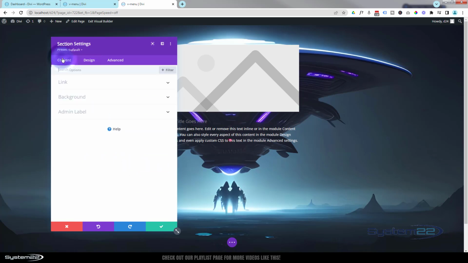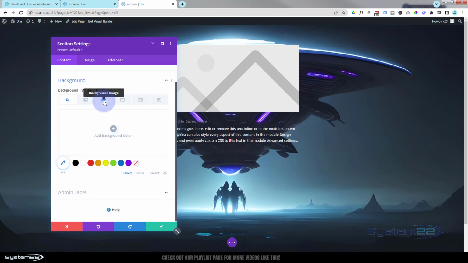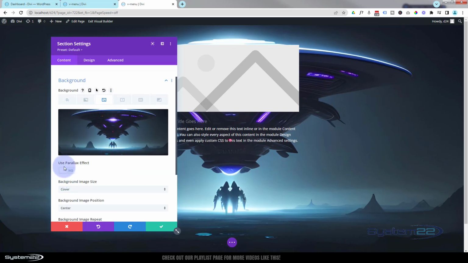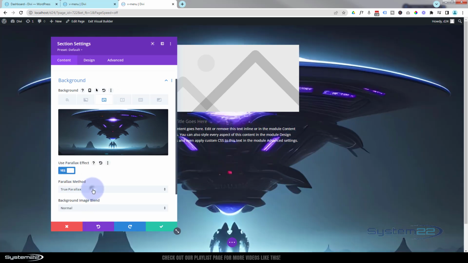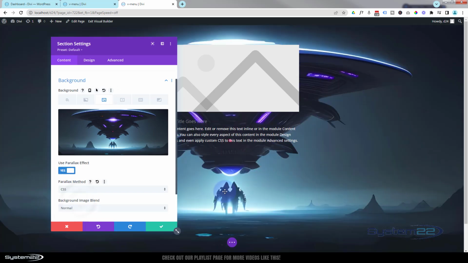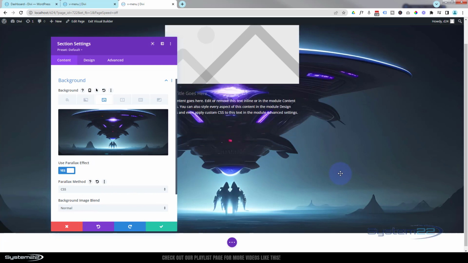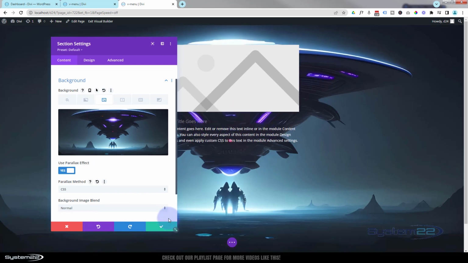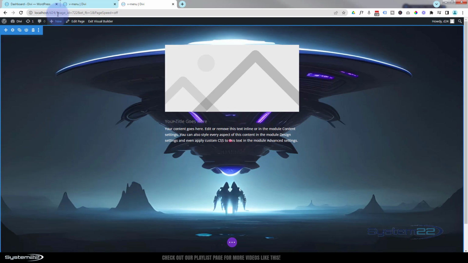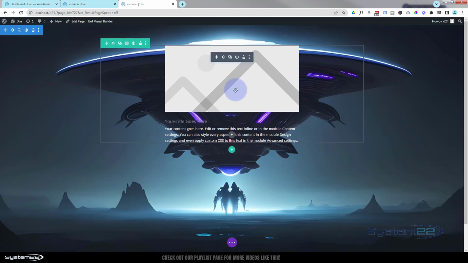Let's just make that image parallax so it stays where it is, or fixed background. Again, back to background, image. Click on the image, use parallax effect. I'm going to use CSS parallax, which is fixed background. So even if we scroll, it'll stay in exactly the same position. Great. And you may notice we've got no header or footer. Fantastic. Well, if you watched yesterday's video, you can skip forward because we're going to build this exactly the same